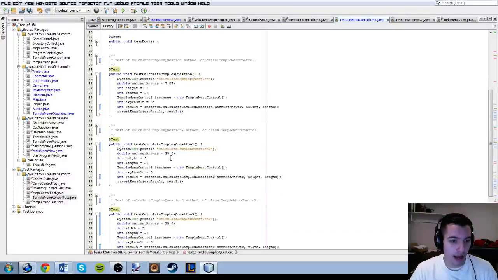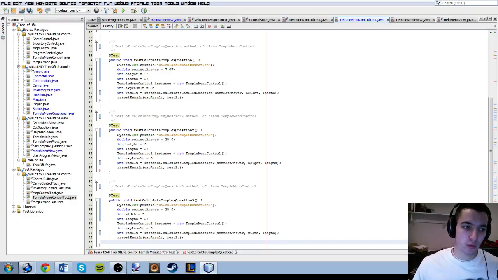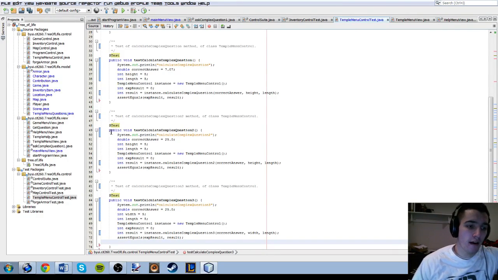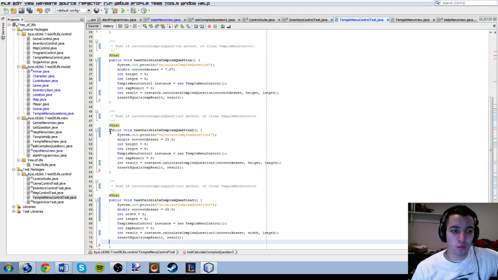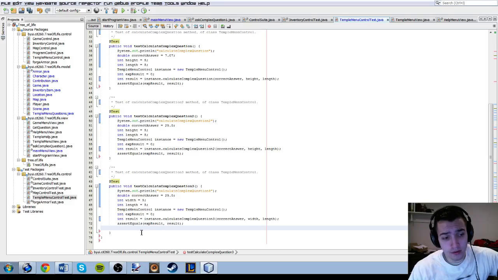And I actually realized that me and Brett, we did separate complex questions. We actually got graded down for that because it wasn't complex enough. But I realized something that I could have done to make it more complex. After going through our tests or our functions, I realized that we both individually did the same thing. So calculate complex question 2 and 3, those are the same thing. So me and Brett are going to have to sit down and go over that and figure out something else to do. However, for the time being,